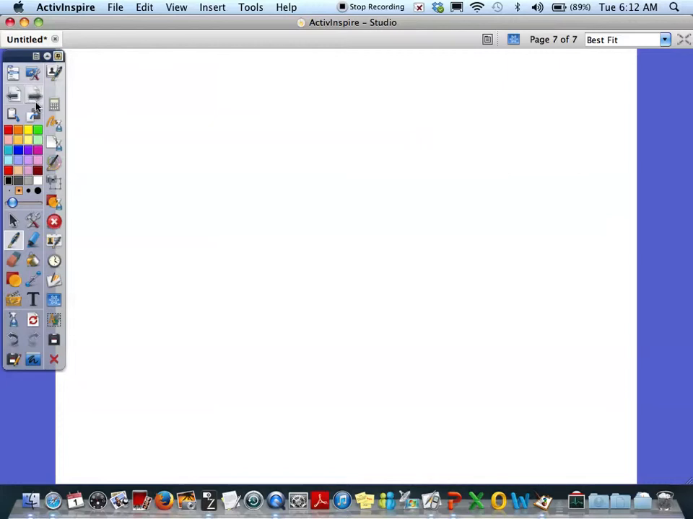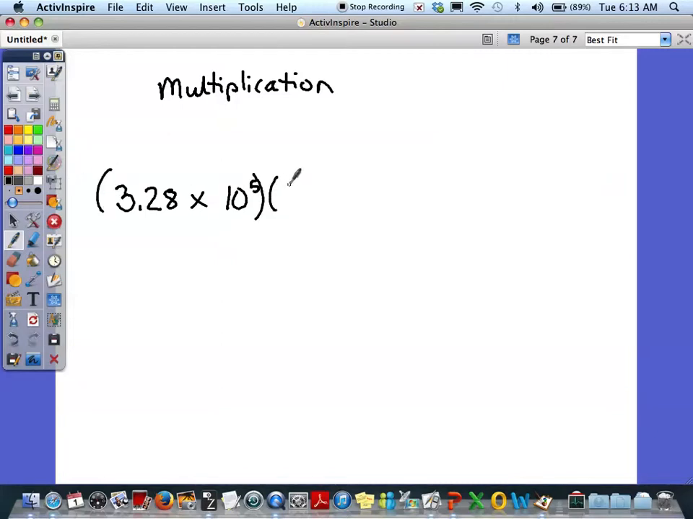Here we go. The first example problem is multiplication. The good news is I think multiplication and division of numbers in scientific notation is easier than adding and subtracting them. If I had a number like 3.28 times 10 to the 5th, and I wanted to multiply that by a number like 5.2 times 10 to the 4th, the first step is to multiply